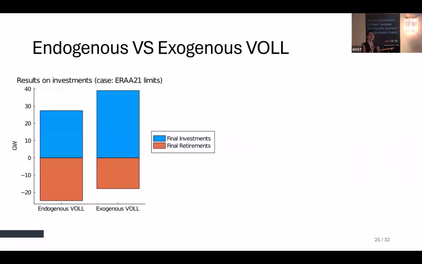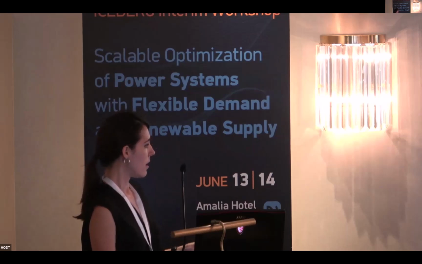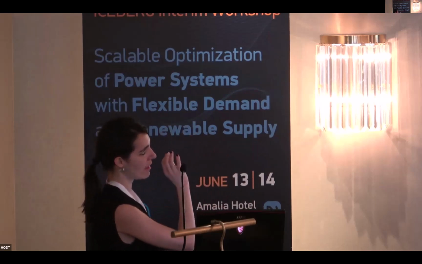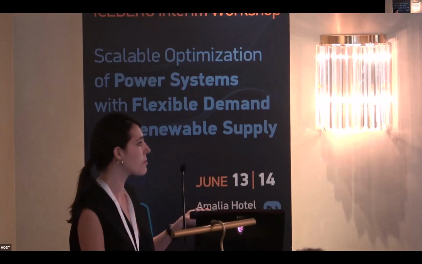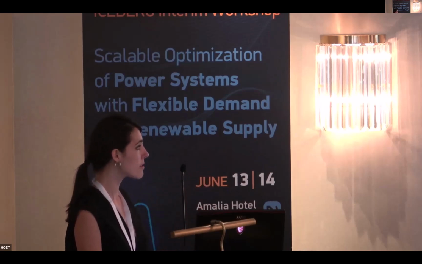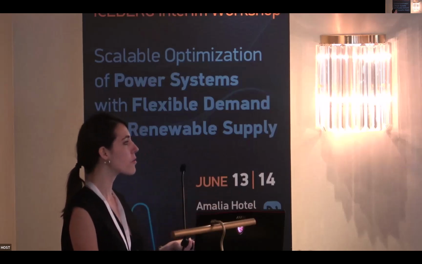Okay, so let's see the comparison of solving the capacity expansion with endogenous VRLL, our approach, relative to having a uniform VRLL for all zones. It's already visible from the graph that with our approach, we are able to reach a solution that satisfies the EENS limits with fewer investments, 30% less investments. It allows for approximately 40% more retirements. The savings in investment cost are important, and in total cost, the savings are of the order of 1.6%.